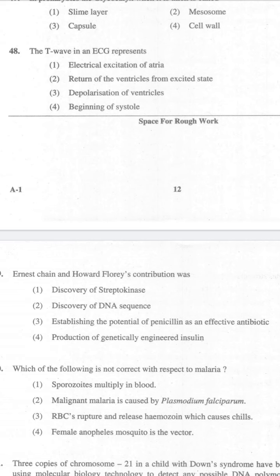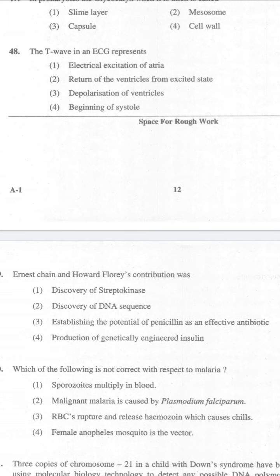So the correct answer for what the T wave in ECG represents is option 2. The solution is as follows. Each peak in the ECG is identified with a letter from P to T that corresponds to a specific electrical activity of the heart. Understand? The P wave represents the electrical extinction or depolarization of the arteria, which leads to the contraction of both the arteria. Hope you understood this one.